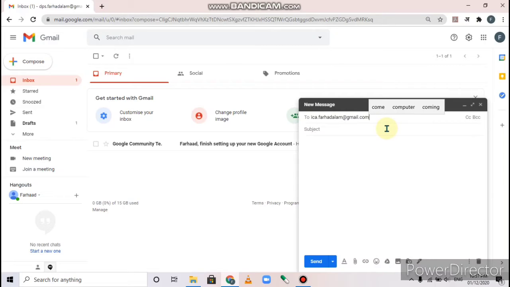Next is CC. You can see CC. CC means carbon copy. The full form of CC is carbon copy. In this field, when you click on this CC option, another field will open. In this field, you specify the email addresses of the people to whom you want to send a copy of the email. If you want to send a copy of this email to any other person, then you should type the email address of that person,